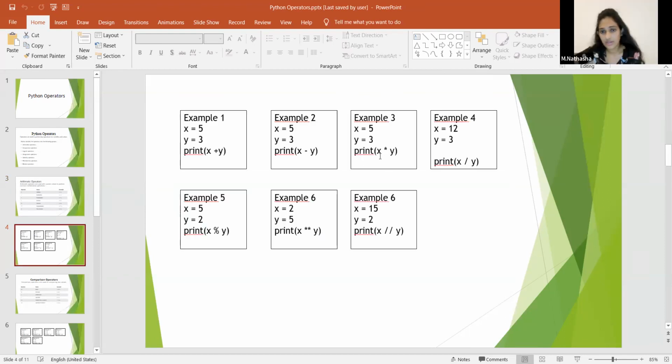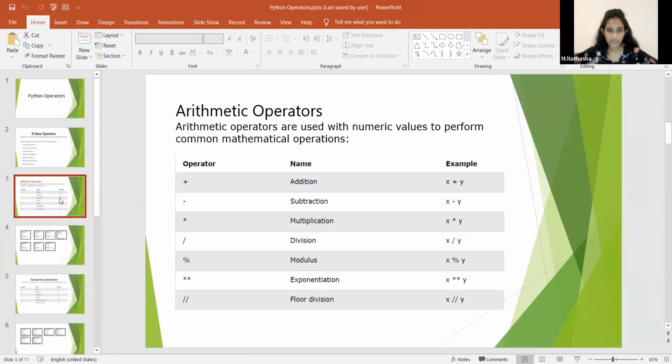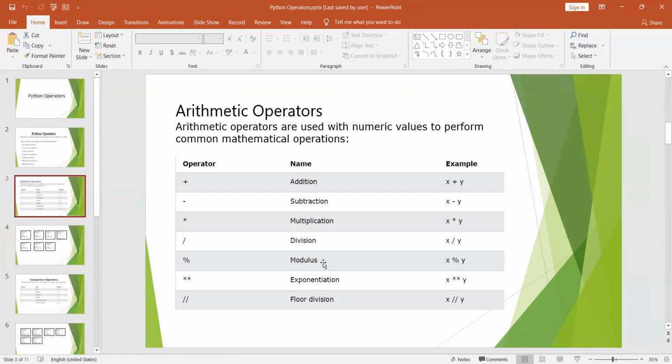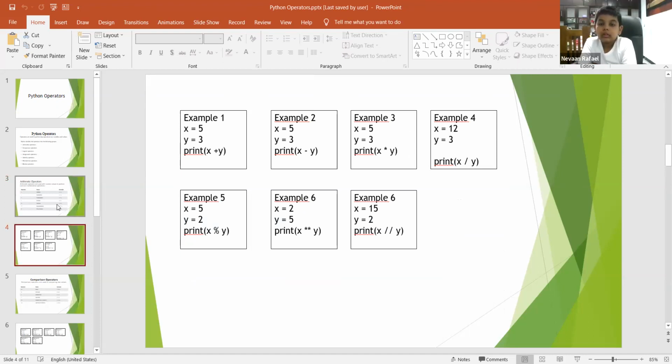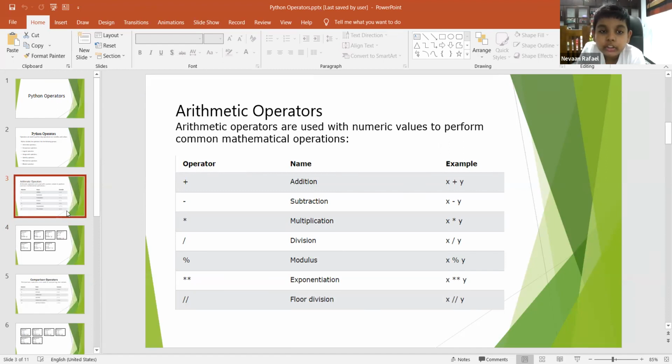We multiply the x variable by y. And the next one, which operator? Division. Yes, we divide the x variable by the y variable.